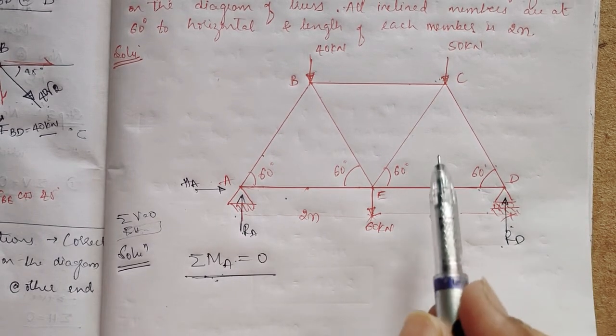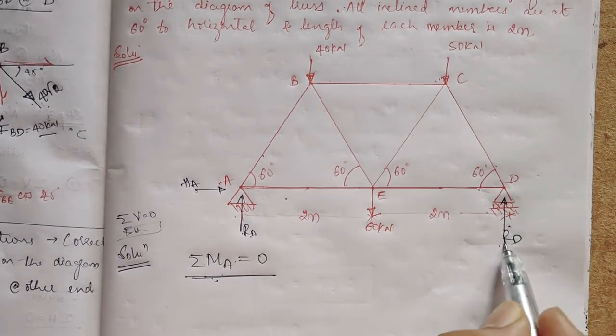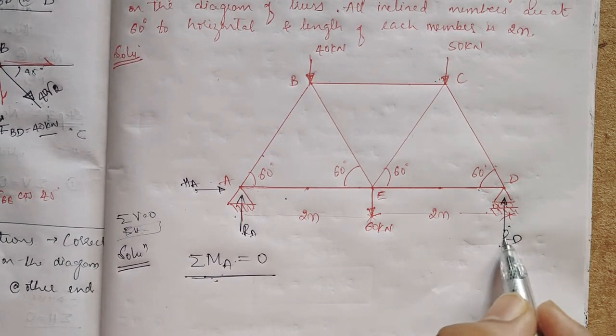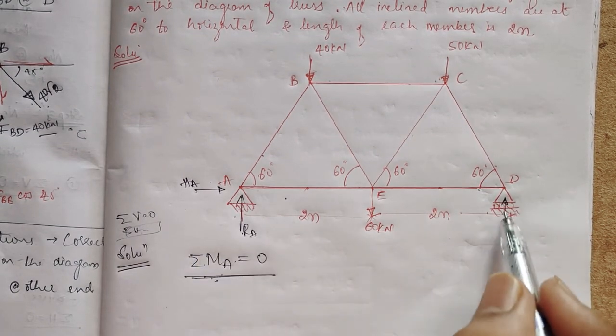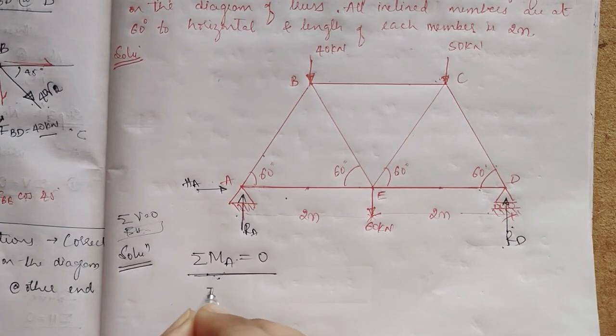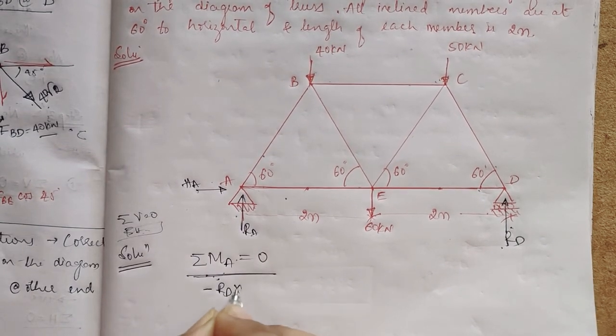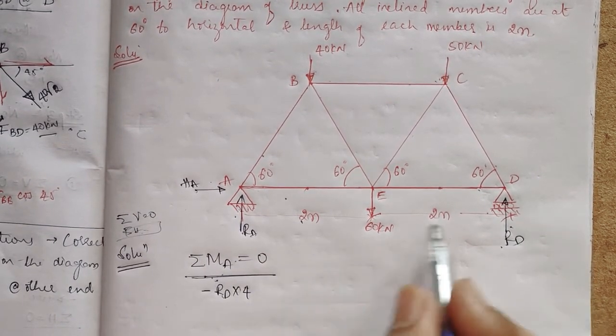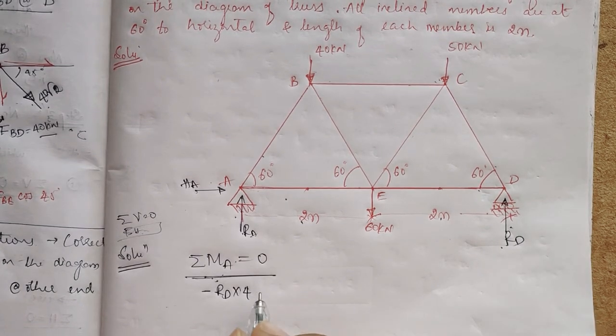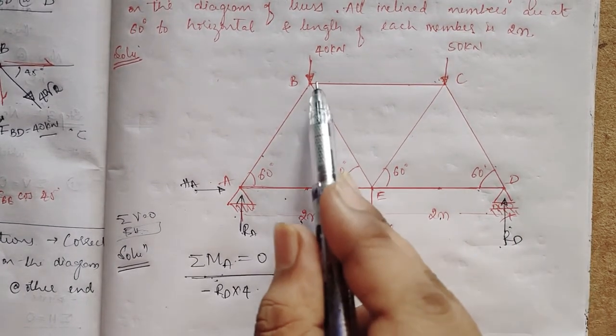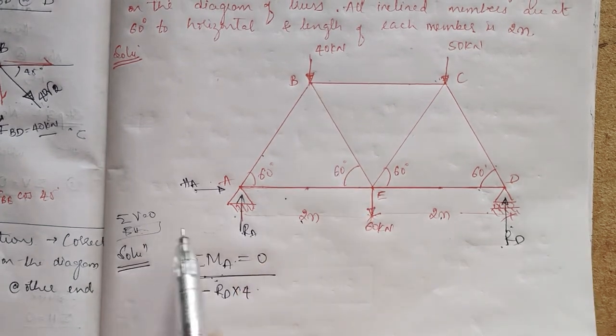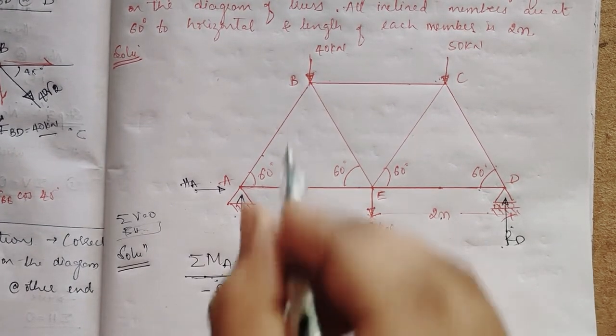So what are the forces? We have these types of forces. I'll start from RD. So RD into this distance, RD will make what? Anti-clockwise direction, right? So RD into 4, 2 plus 2, 4. Then this 40 kilonewton will make clockwise direction, right? So this 40,